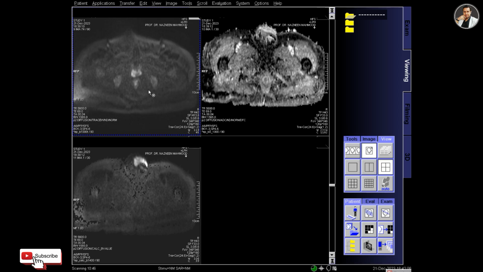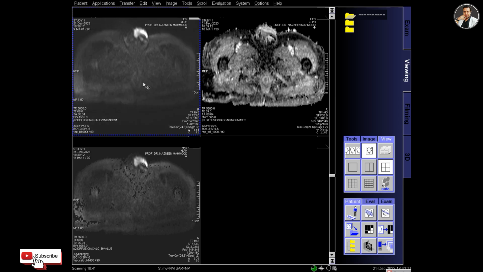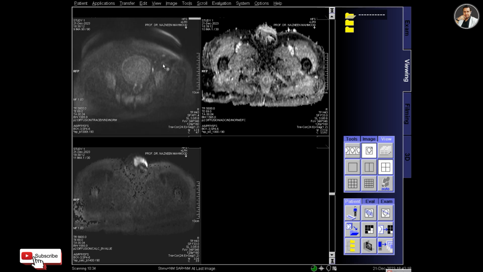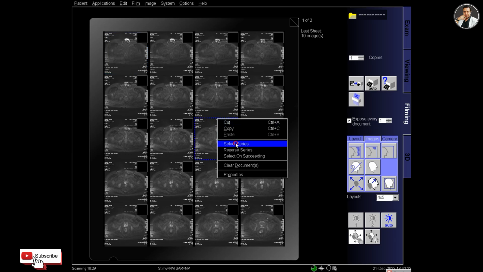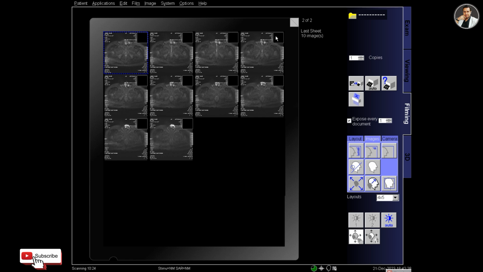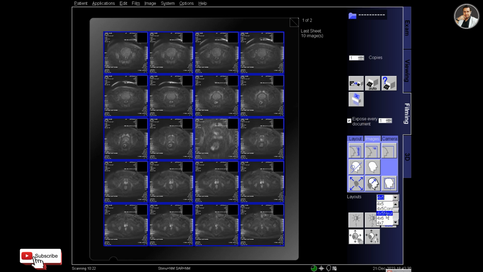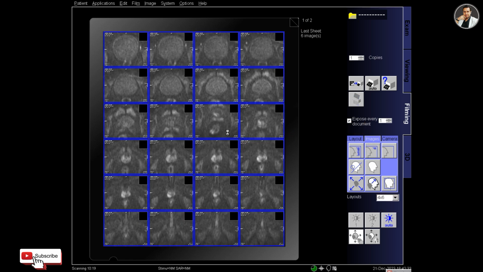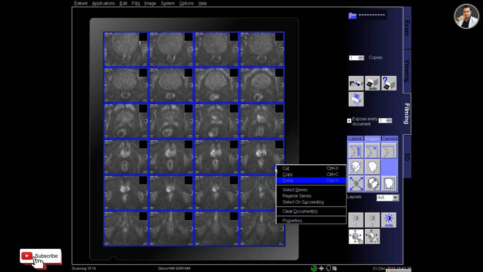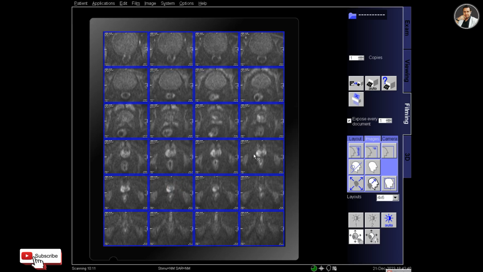And this is the diffusion protocol. You can see the diffusion images in various B values. So I have selected the B1000 value diffusion for printing, and now I am in the filming, and I choose the 4:6 layout so that I can print 24 diffusion images.